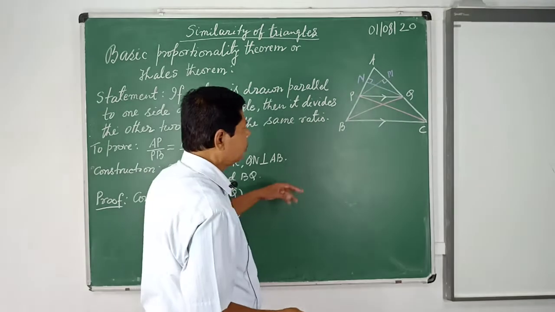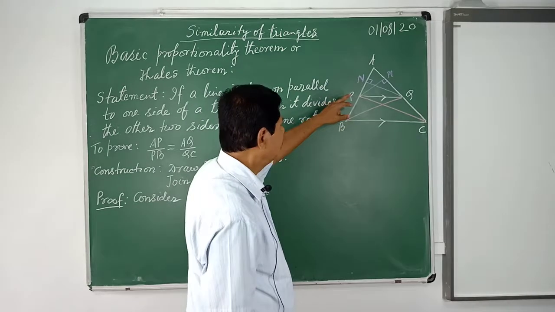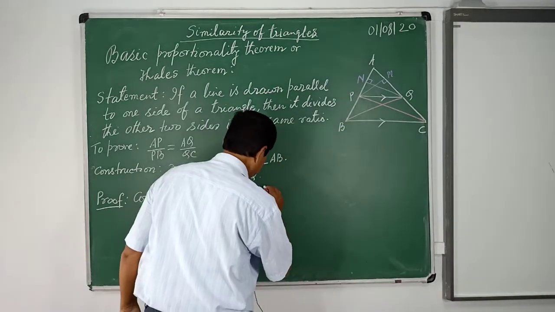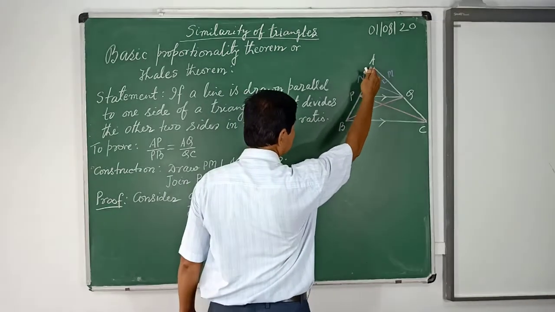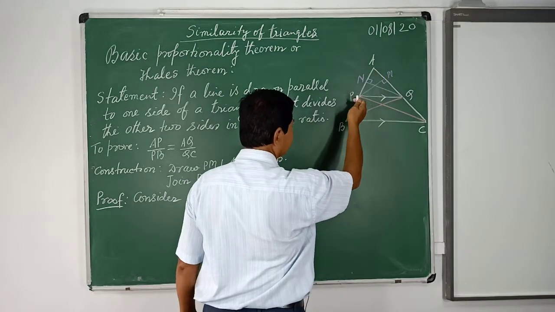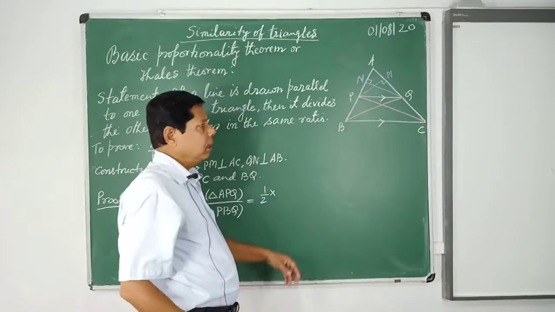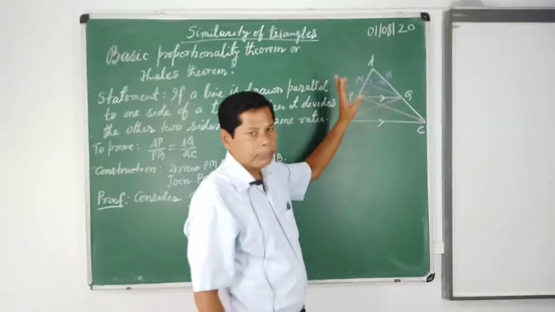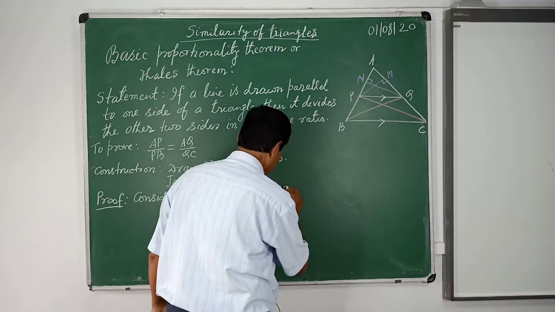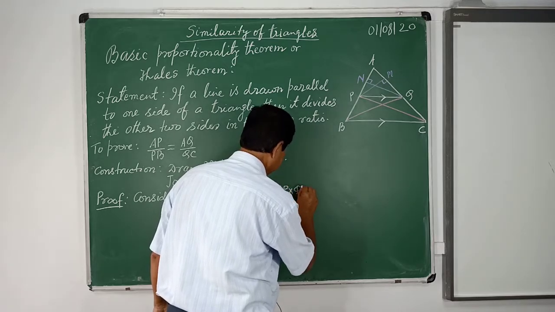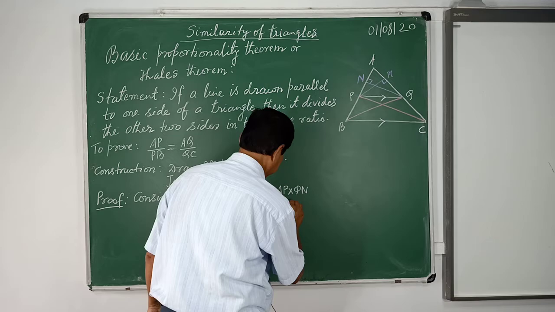As perpendicular is already drawn, so for this triangle, half into base into height, base is, here we shall suppose for APQ, if you take AP as the base, then QN will be the perpendicular. So AP into QN by half